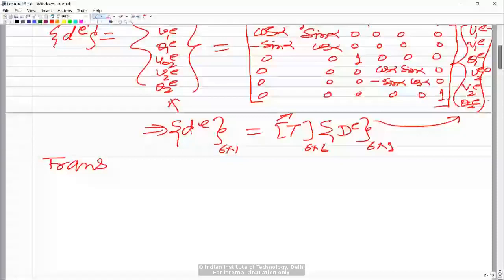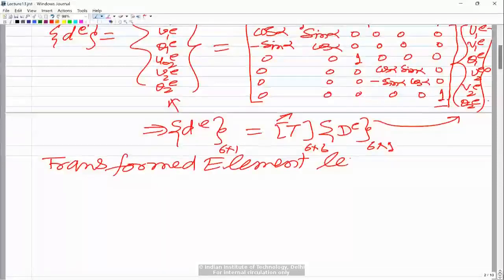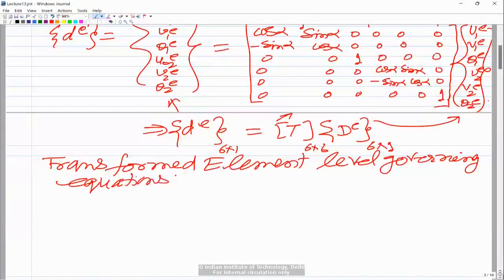So we had seen the transformed element level governing equations. First we write small d equal to T into D, and then pre-multiply the whole equation by T transpose,